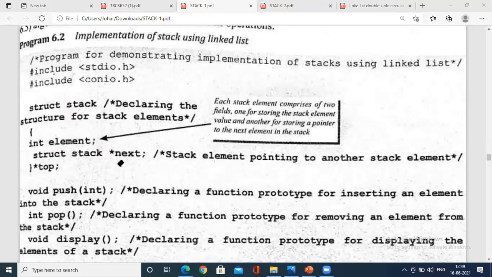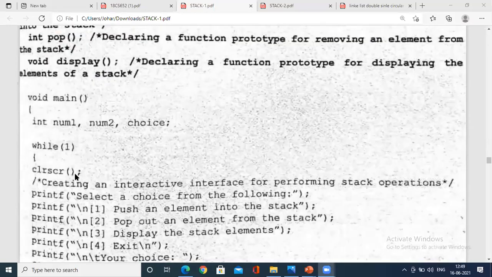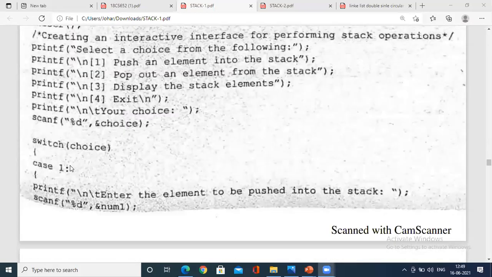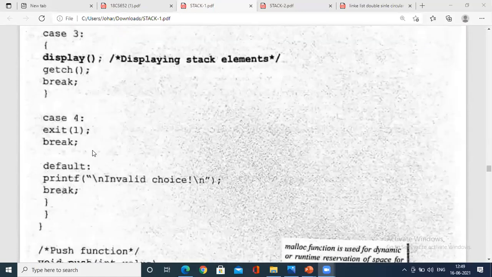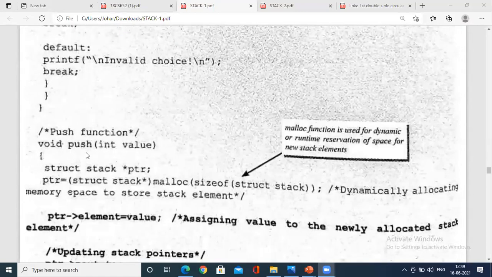Now let us go to the push. The switch statement, the rest of the things, everything is same. You call push. When you call push, what do you have to push? The memory of num1. Void push int value. You are passing num1 to it. Now you will call that struct stack pointer. Here ptr is a new variable.